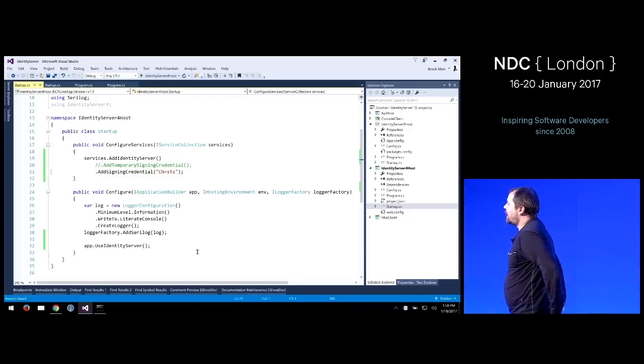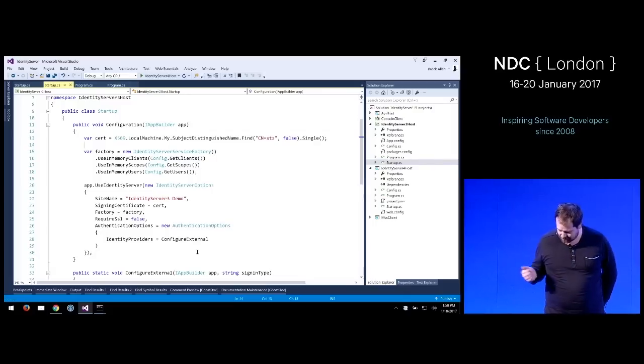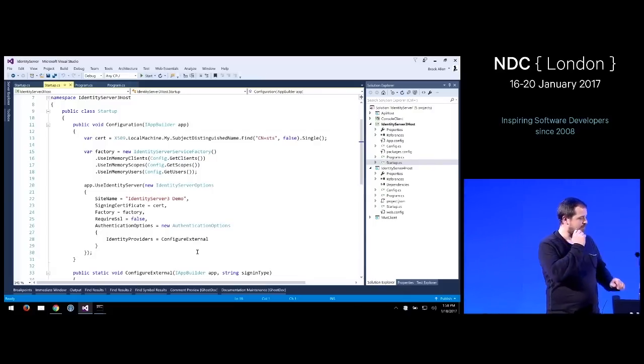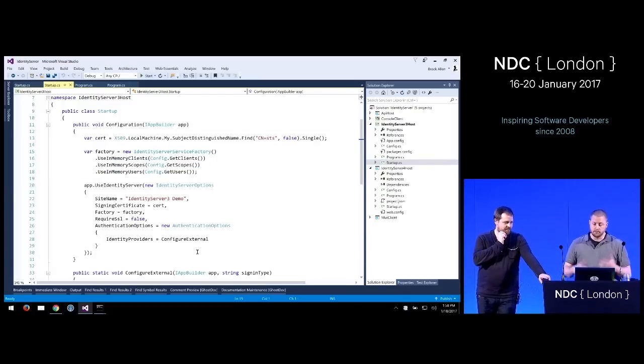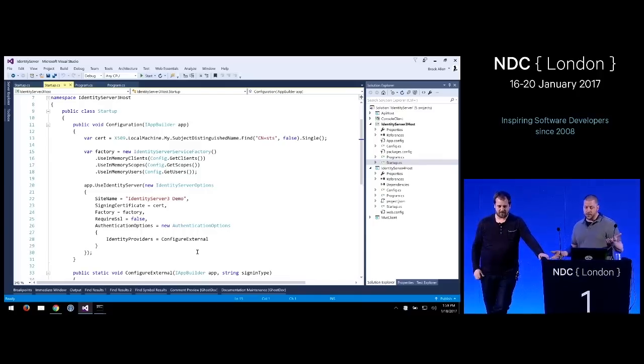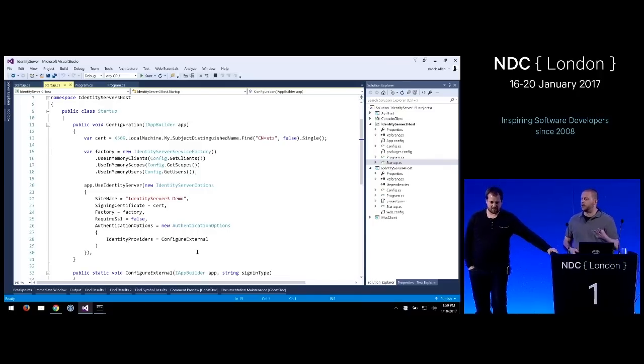Okay, what else do we have? All right, so the prior one, we had to configure the other configuration here. And again, as traditional with IdentityServer, we had to teach IdentityServer about three things.